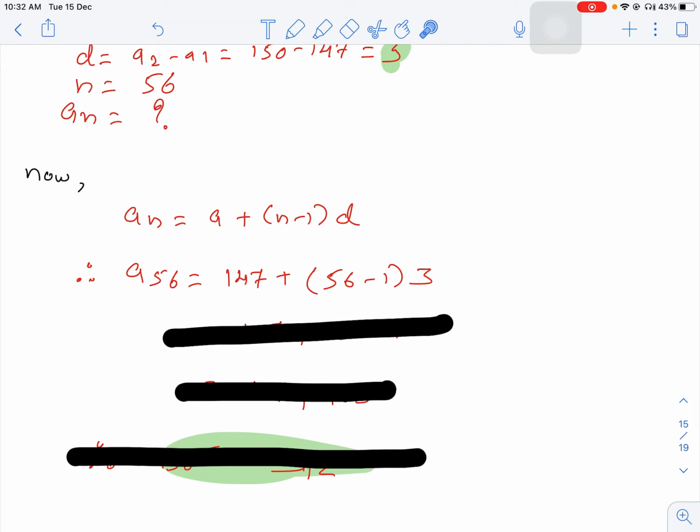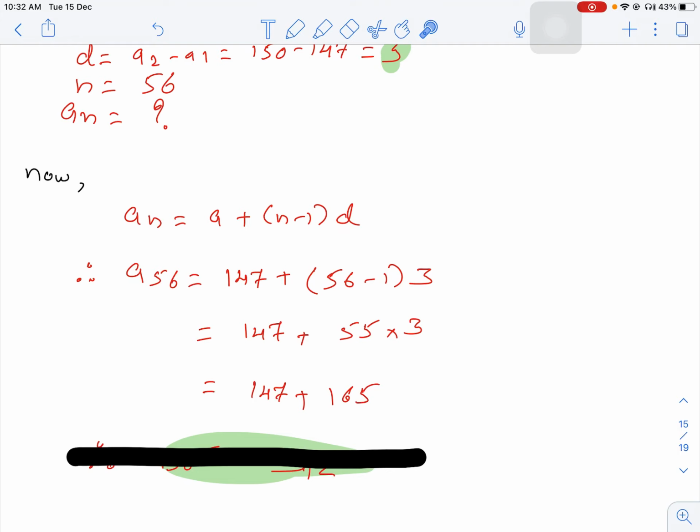Now first this subtraction, then multiply by 3, then add to this number. So we get 147 plus 56 minus 1, 55 into 3. Now 55 into 3 is 165, and finally 165 plus 147, so our answer will be